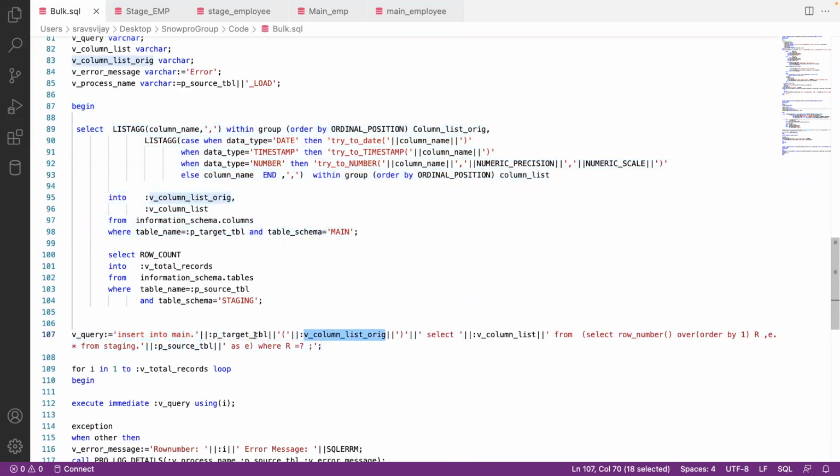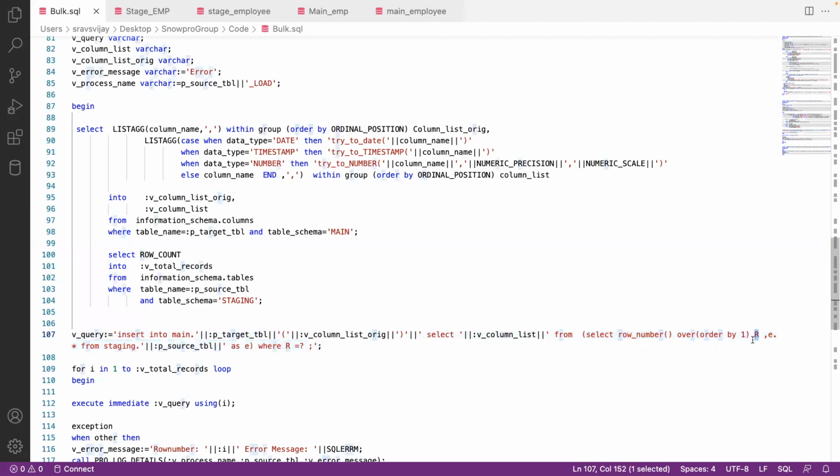And here I'm passing insert into target table. The schema I'm hard coding, though, and the target table. Within the columns list, I'm using the original column list. But in the select statement, I am using these try to number and date concatenated fields from the virtual inline query